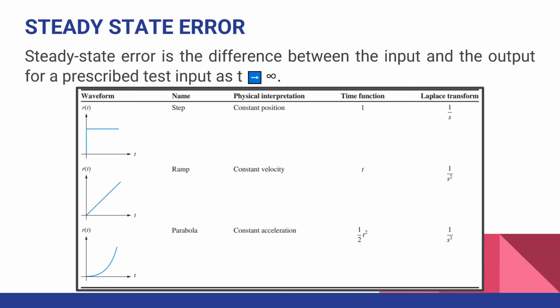function, Laplace transform. In the first line, we have a waveform of a straight line, which is called a step. So in a step, there will be a constant output function. In ramp and parabola, for a ramp it's a straight line going to infinity, while a parabola is like exponential